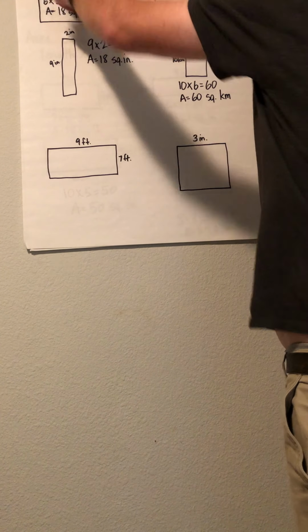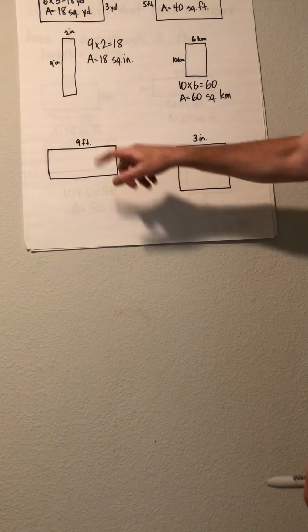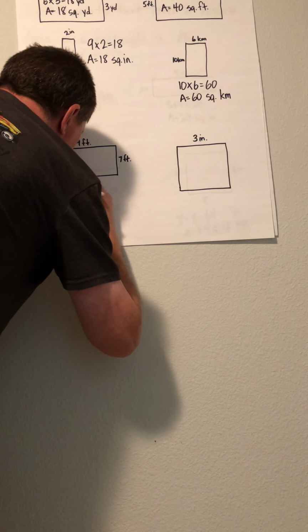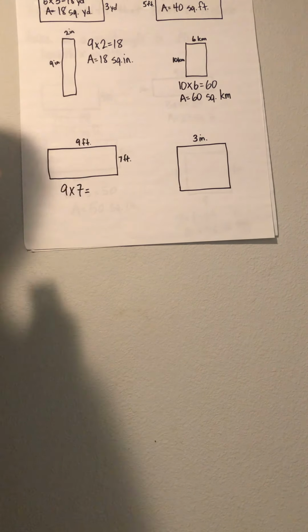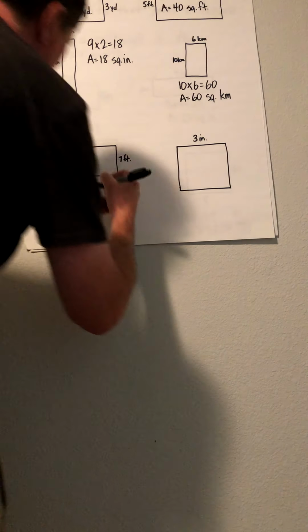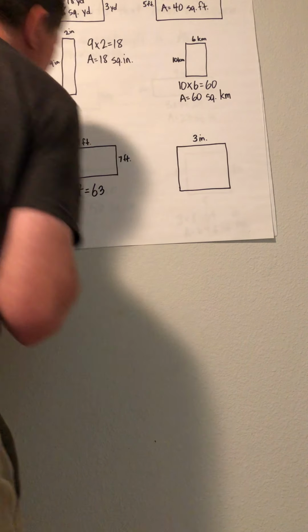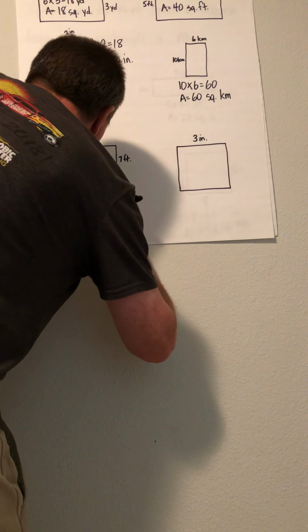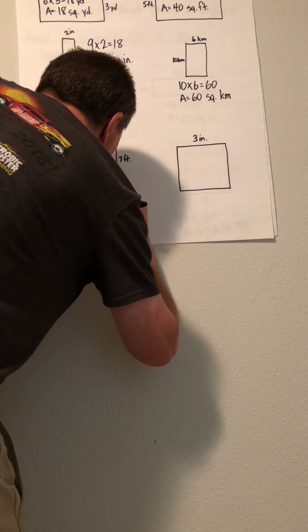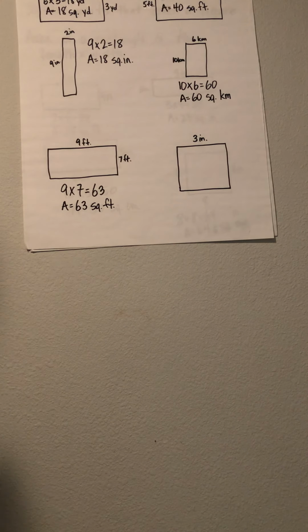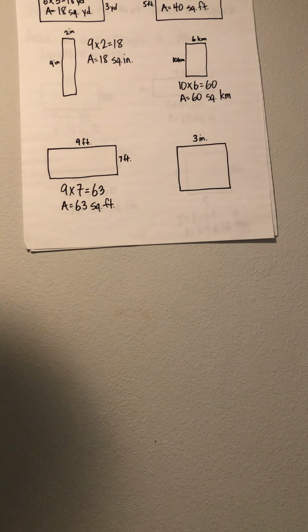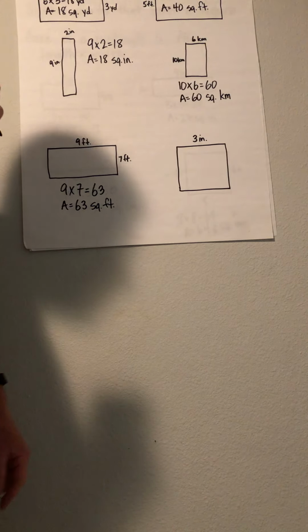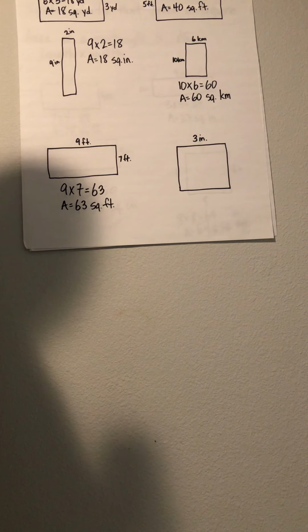I'm going to move this up a little bit so I don't have to bend as much. Okay, length 9 feet, width 7 feet. So 9 times 7 equals, what does 9 times 7 equal? 63. So the area is 63 square feet. Okay? And our last one, another square, which, as you know, is just a special kind of rectangle,